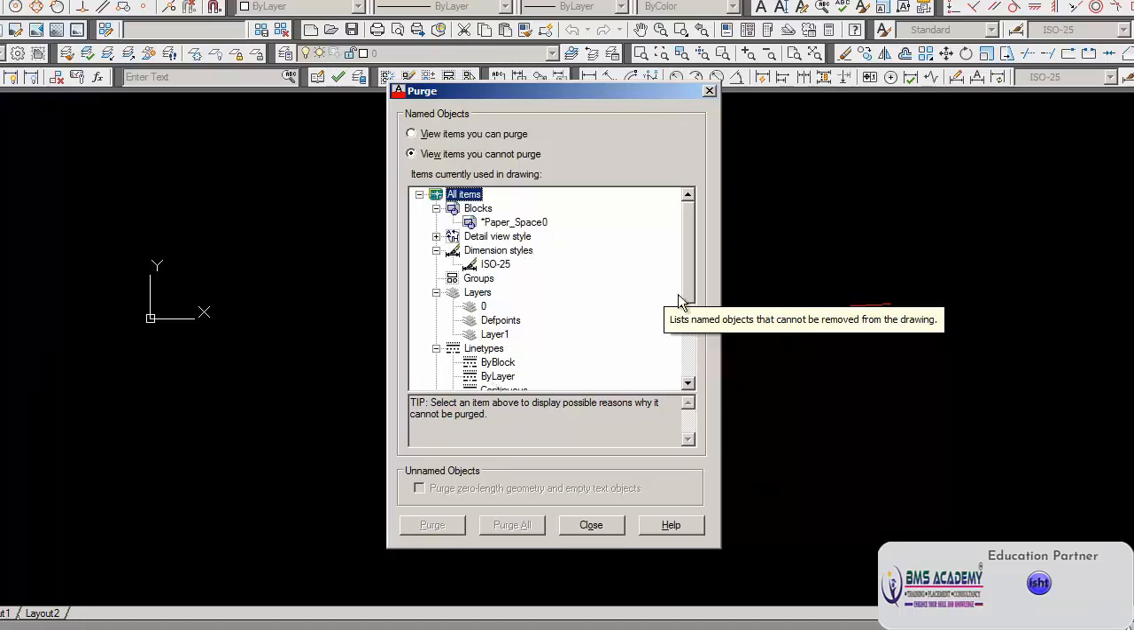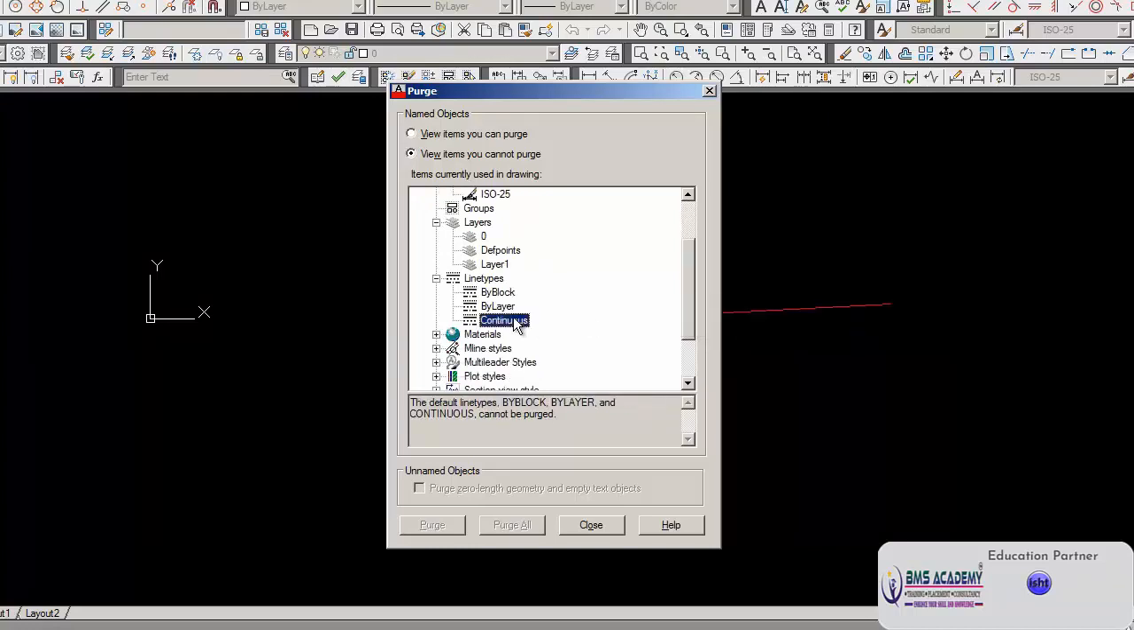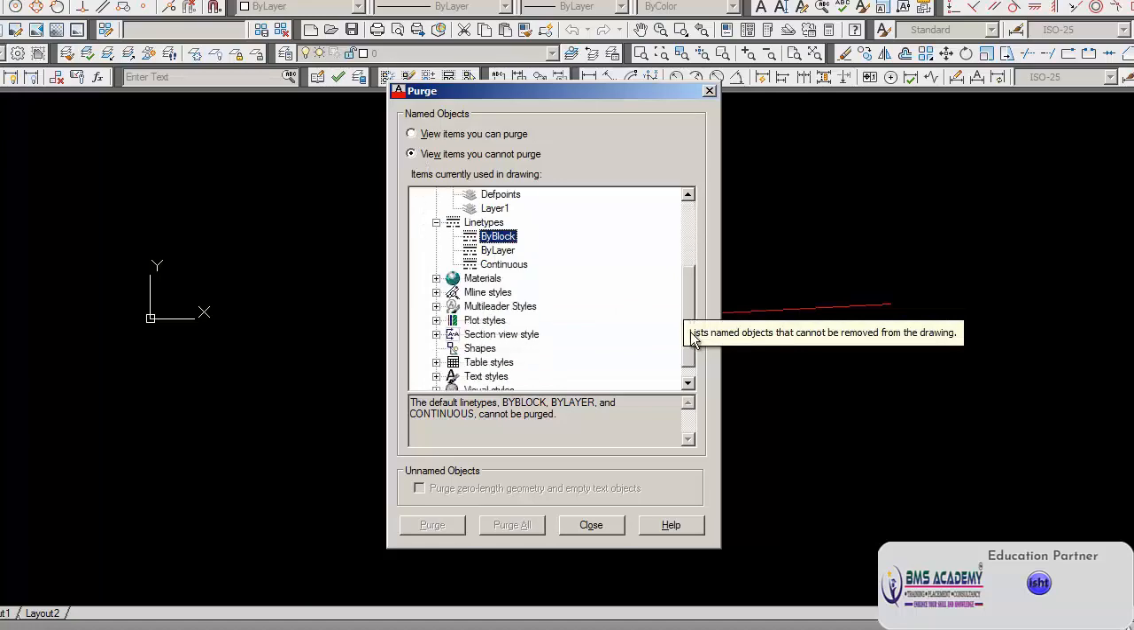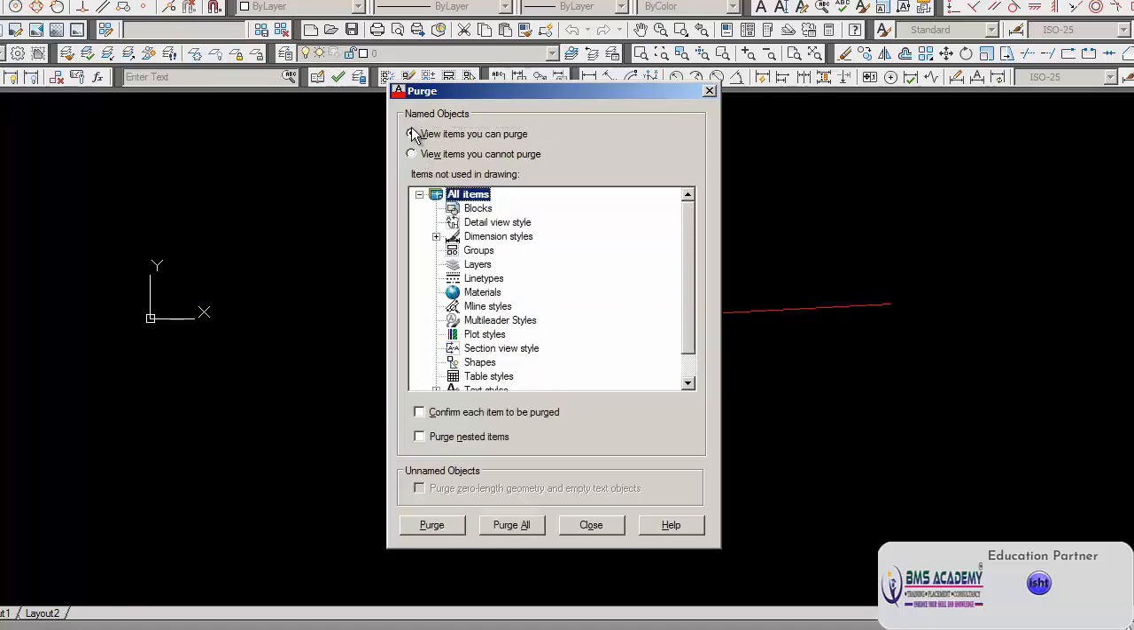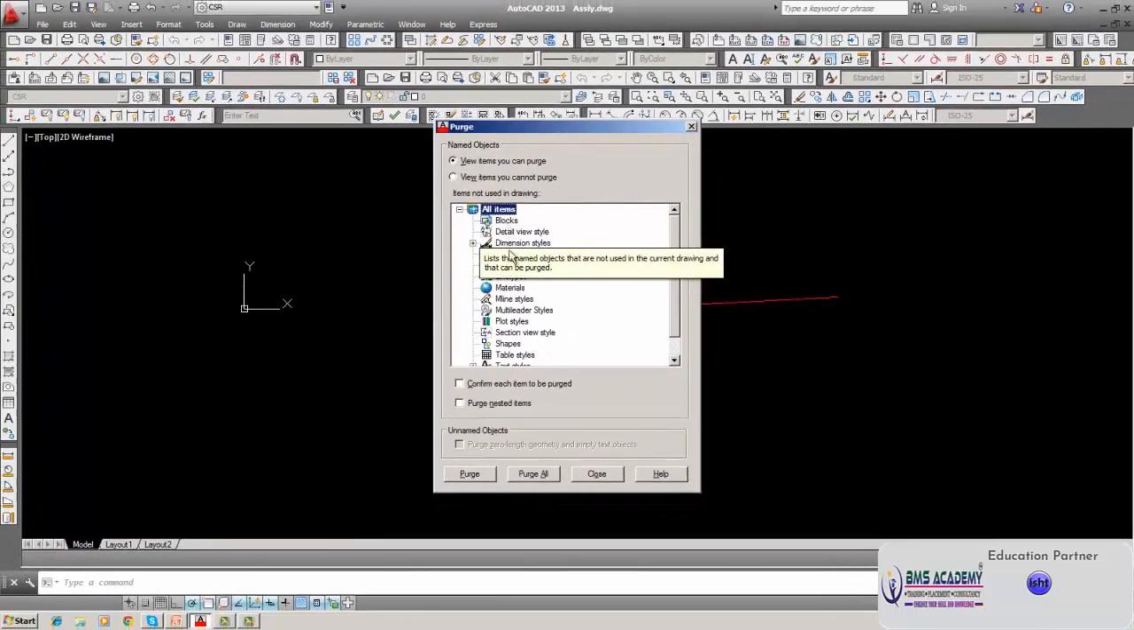Similarly, some of the properties which you are not using, even then you cannot remove. For example, continuous linetype you cannot remove, layers you cannot remove, blocks you cannot remove. Mline style, multileader style you cannot remove, some of them you cannot remove. You click here, it will show you what are the things you cannot remove. You click here, what are the things you can remove. Unused blocks can be removed, and